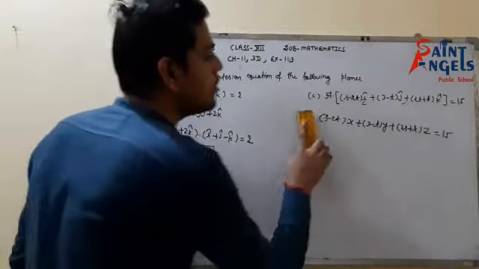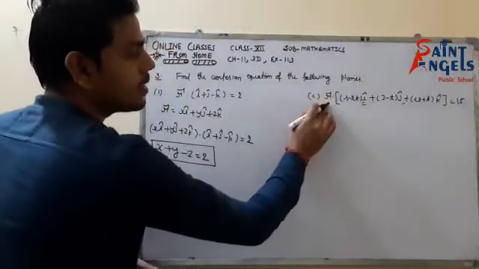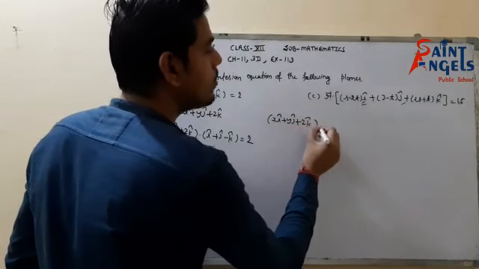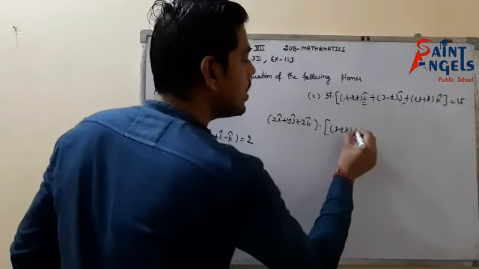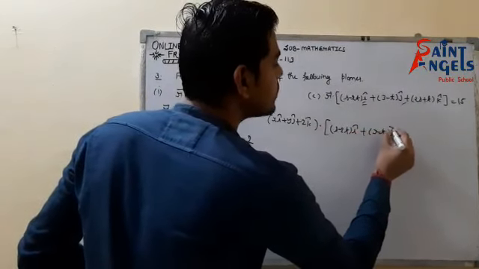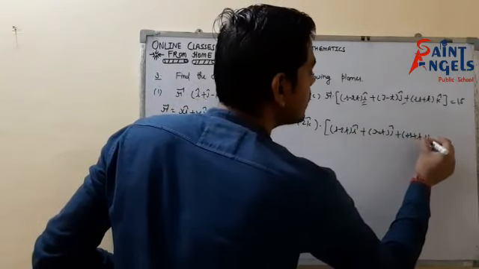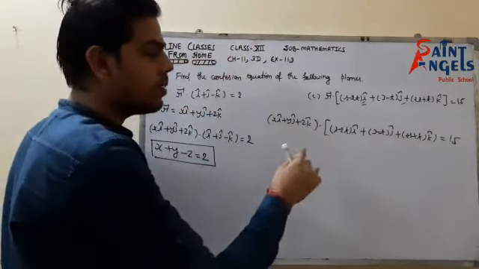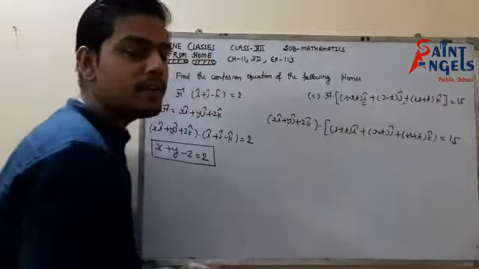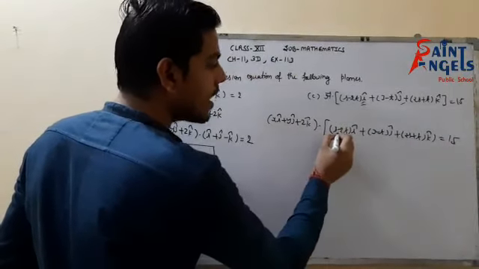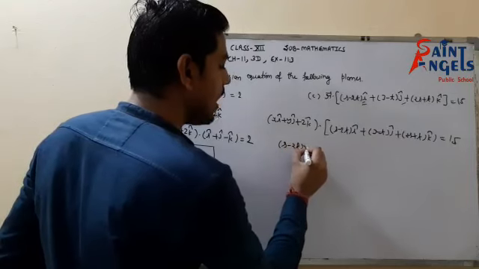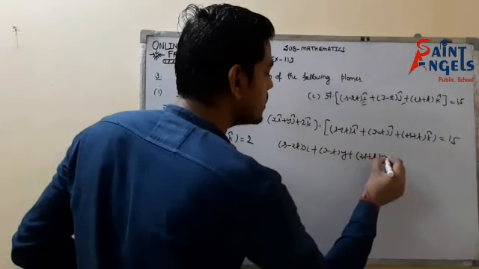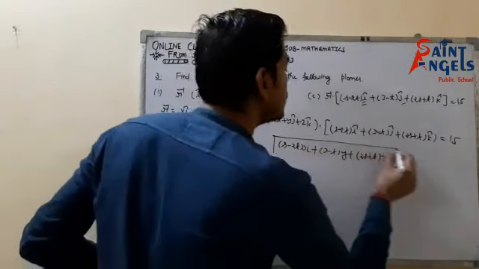Okay, so now with the same method, in place of r I will put xi cap plus yj cap plus zk cap dot (s minus 2t)i cap plus (3 minus t)j cap plus (2s plus t)k cap equals 15. Again it is a dot product. The coefficient of i and i get multiplied, and the coefficients of j cap and k cap multiply with each other. So it would be (s minus 2t)x plus (3 minus t)y plus (2s plus t)z equals 15. This is the Cartesian equation of the given plane.